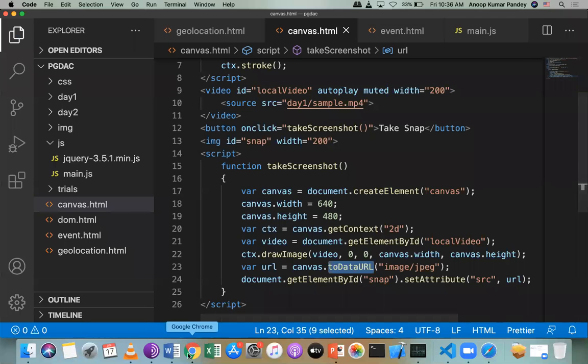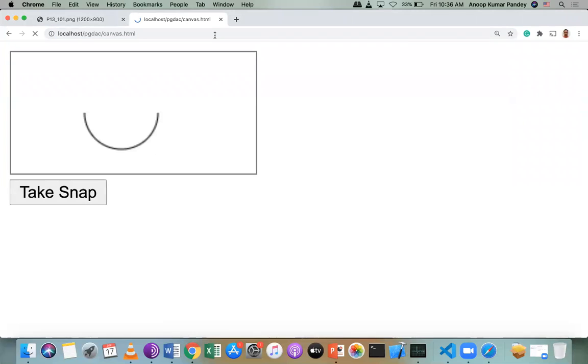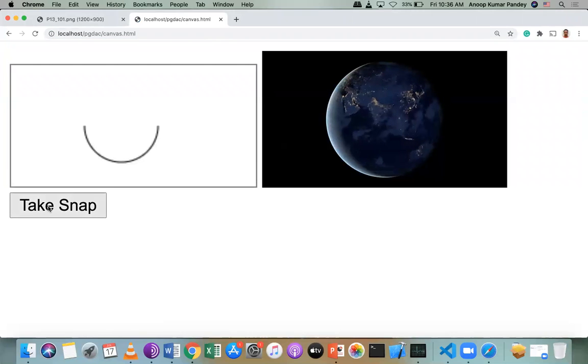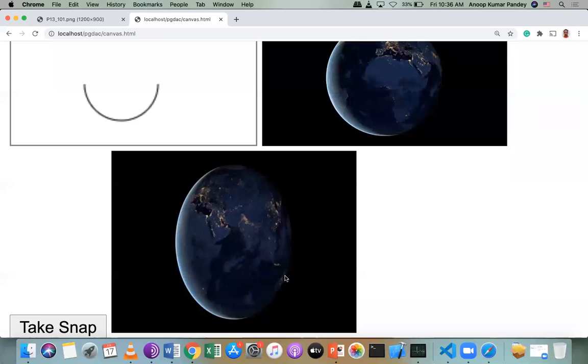So I have a button, take snap. If I click on this, the snap has appeared. But since I have changed the height and width, that's why it is looking like